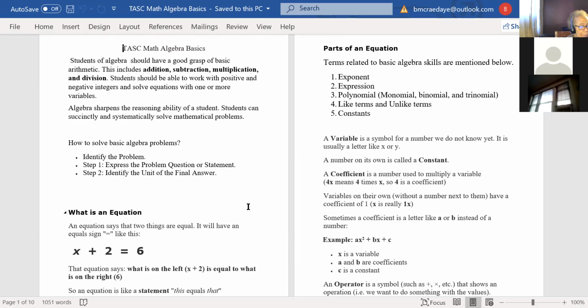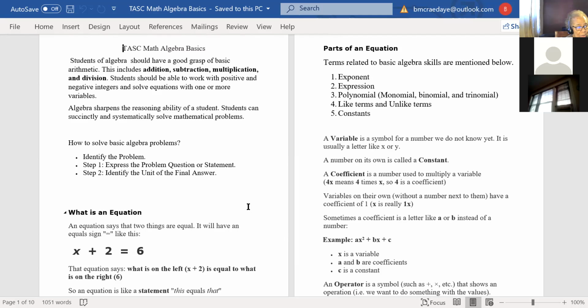The actual operations are just addition, subtraction, multiplication, and division. So deciding when to do those things when you're doing your problem solving, that's one of the most important parts of